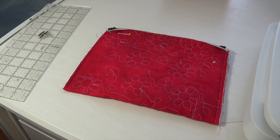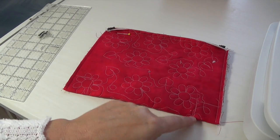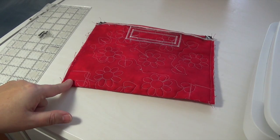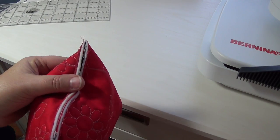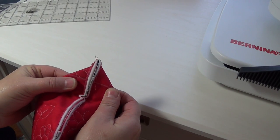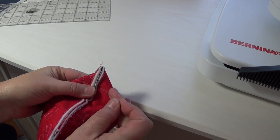Last thing I want to show you is how to make a gusset for the bottom of your binding bag. What you're going to do is have a 1 1/4 inch box on all four sides, on both sides of the binding bag. Now, when I take my finger and put it in the corner of the pocket, you'll see that I get this line that just goes straight across. And I can put a pin in that line,